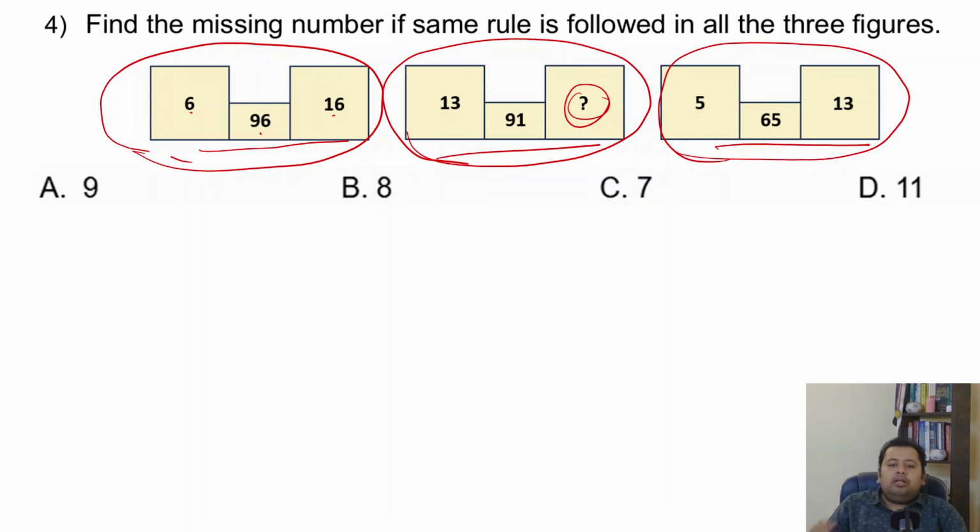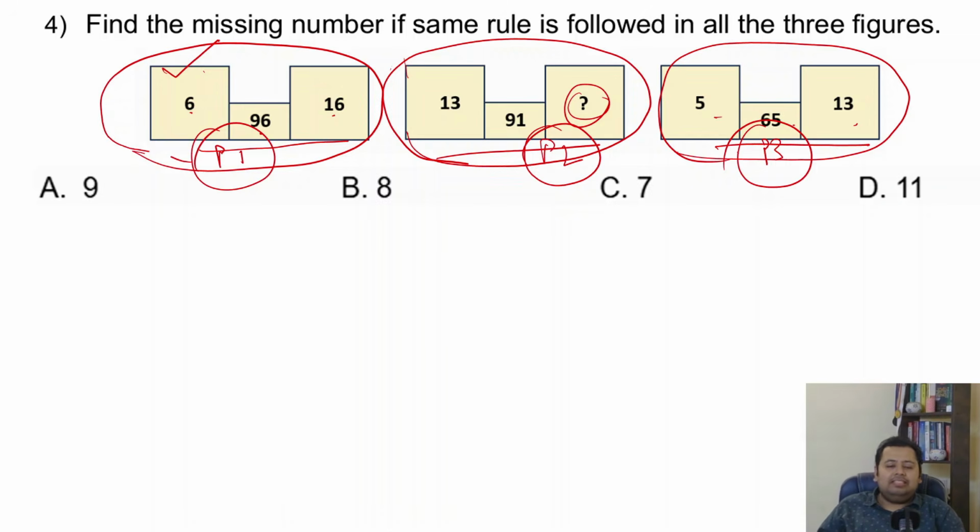What you need to find out is what this pattern is, and obviously if a pattern is being followed in pattern 1, the same should be followed in pattern 2, and the same should also be followed in pattern 3. You have to find what the pattern is and then find out what the answer would be for question number 4, for the middle one, that is pattern number 2, right? Great. I hope this was an easy one.